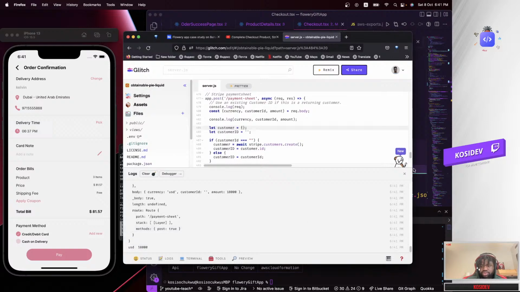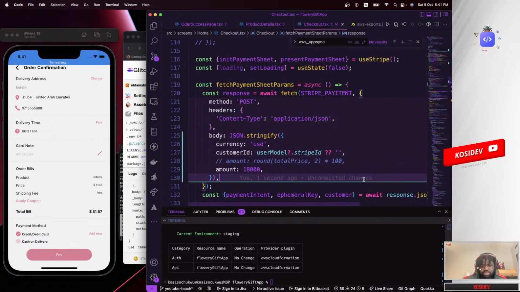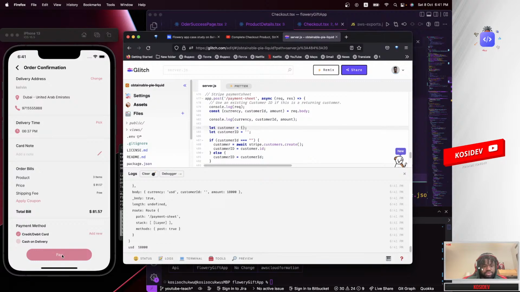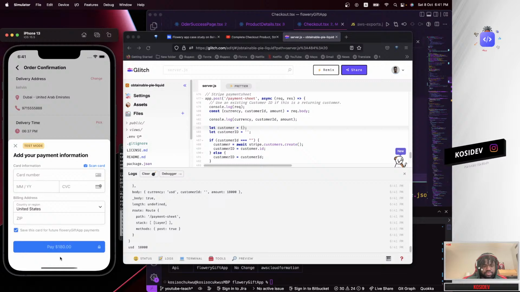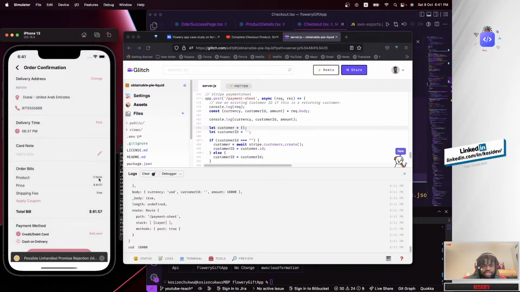Okay, so we got this working. Try the payment again, and there you go. You can actually see the payment field showing up. You can see we had coded 18, so that's 180.00. So showing up here that we want the user to pay 180 dirham, but that's actually not what we have here. So still need to be able to fix this to pass in our data to the user.